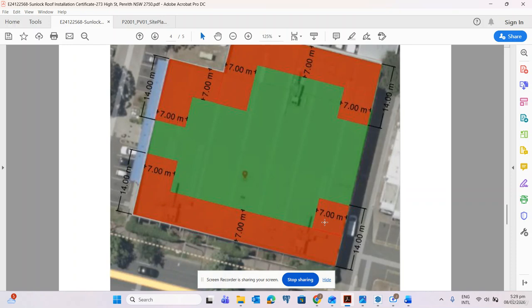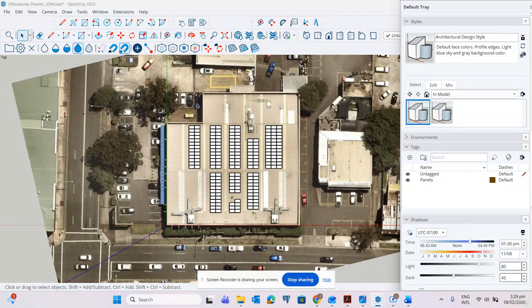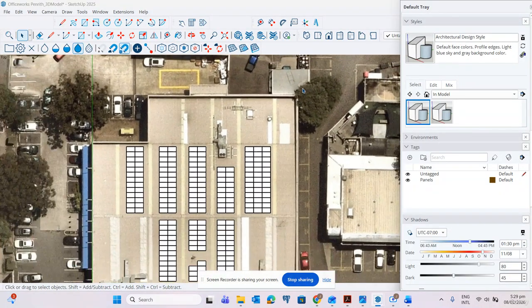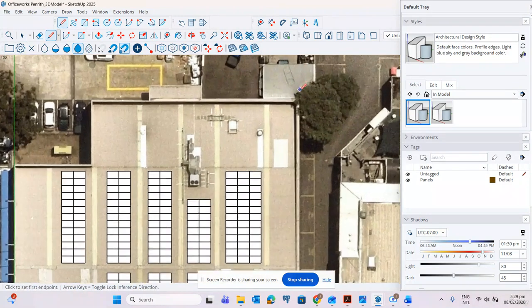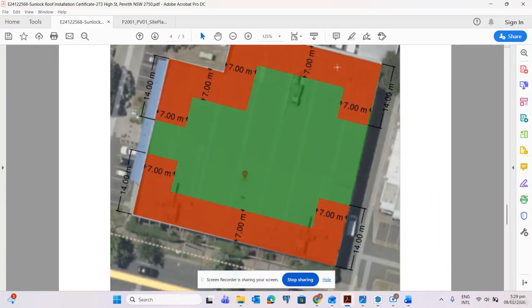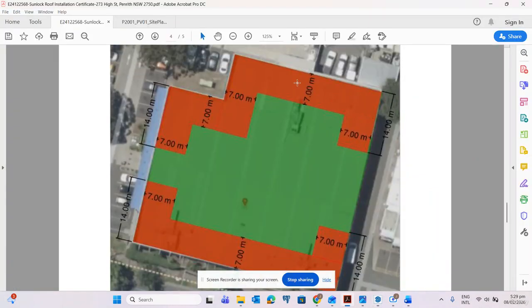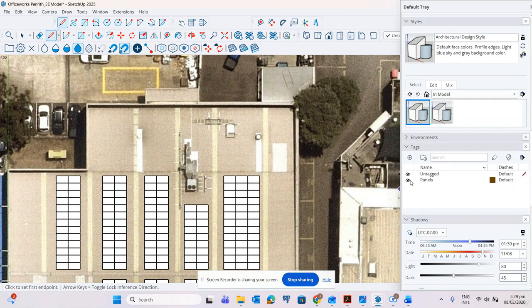So we will go back to our SketchUp, and then we start to draw the structural layout. We will start with the red zone. So as we see, 7 distance from edge, and then this side is 14 meters long. So before that, we will hide the panels.